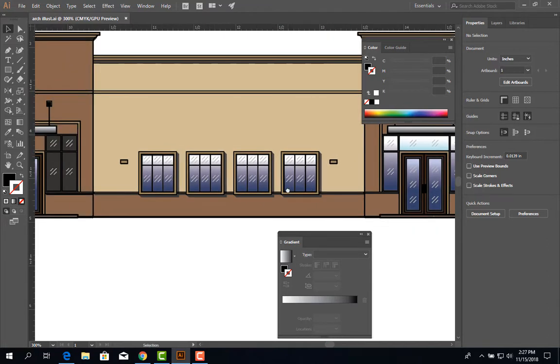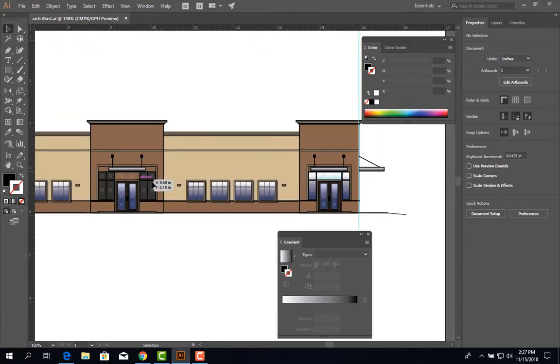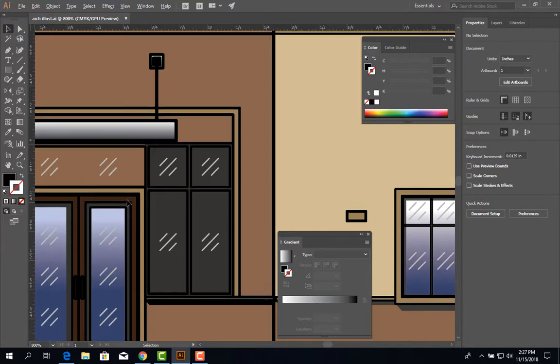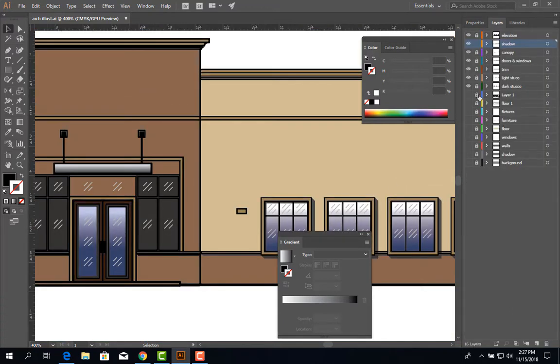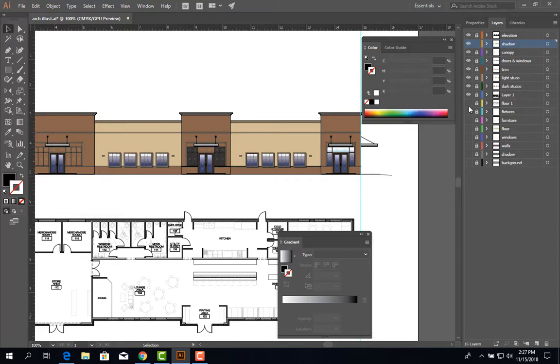But the next step we have to do after you finish with adding all the color, where everything has to be filled in. Here I still need to do the windows, I need to do that window. So everything has to be labeled on the layers. Okay, remember we have, and let me turn the rest, we have floor plan and elevation in the same